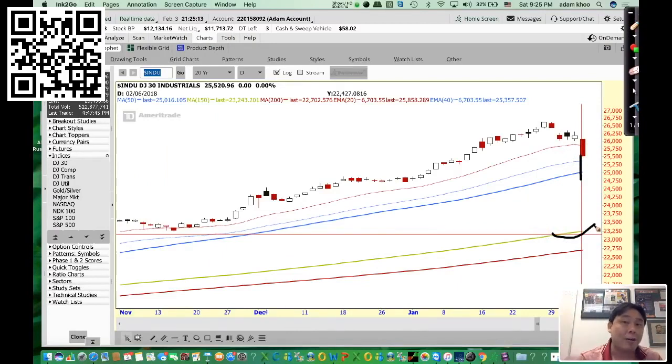If it breaks the 150-day moving average, then the last level of defense is the 200 moving average. So the 200, which is the red line, is the last level of support. If it breaks the 200, the market could potentially get very bearish and reverse into a downtrend. So we are pretty far away from that. We are just below the 20 and we are still above the 50, so it's a pretty healthy correction from